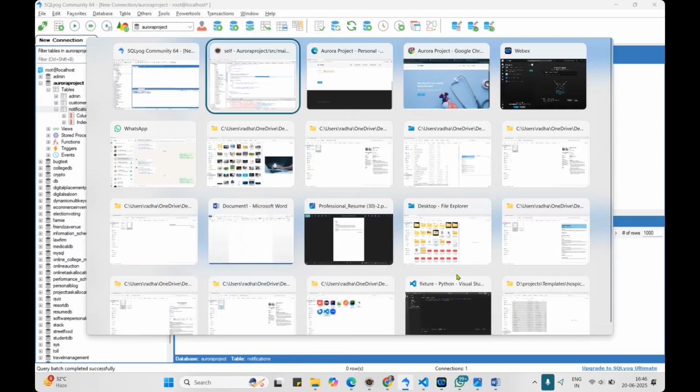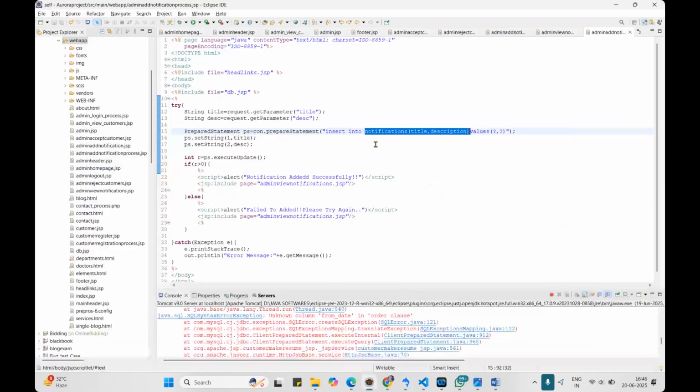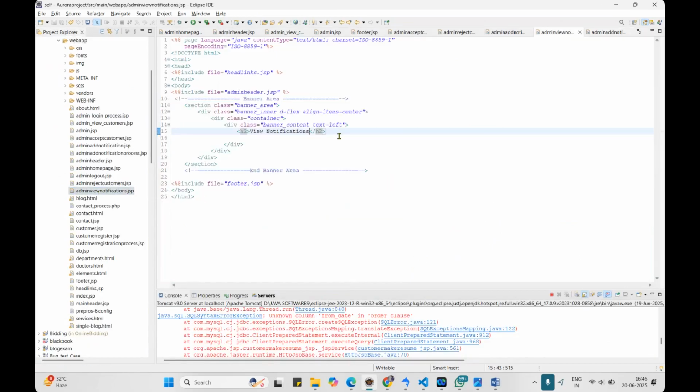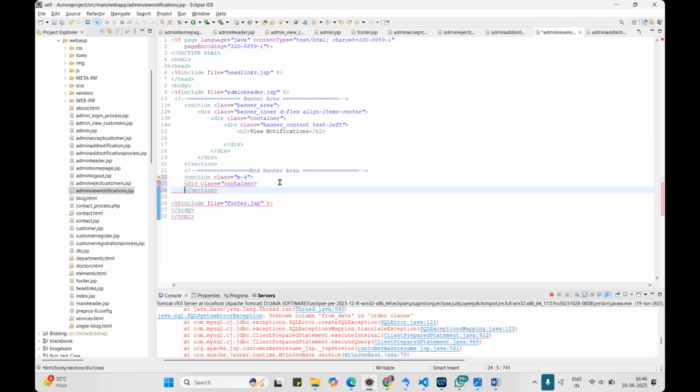So let me go to here. So here you can add the table, and in the admin view notifications, where is that? Admin view notifications. Let me create the table for the notifications. So just simply create the section. So here let me create the one container in that section. Okay. So inside container,